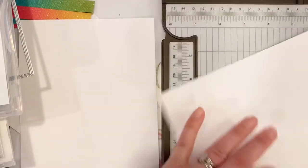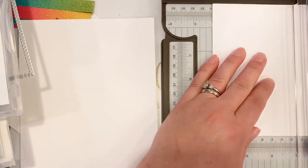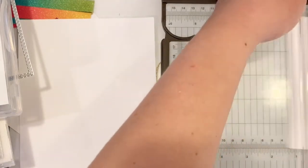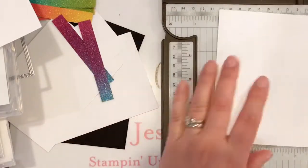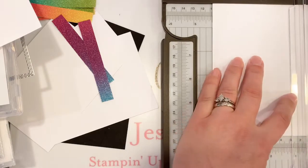So I'm gonna go ahead and score it here at the 4 1/4 mark. Now you don't often see me pre-score my card bases, but I am doing that with the thick cardstock. I'm actually going to score both of them at the same time for the 2 cards that we'll be doing, just so I can then get the trimmer off my